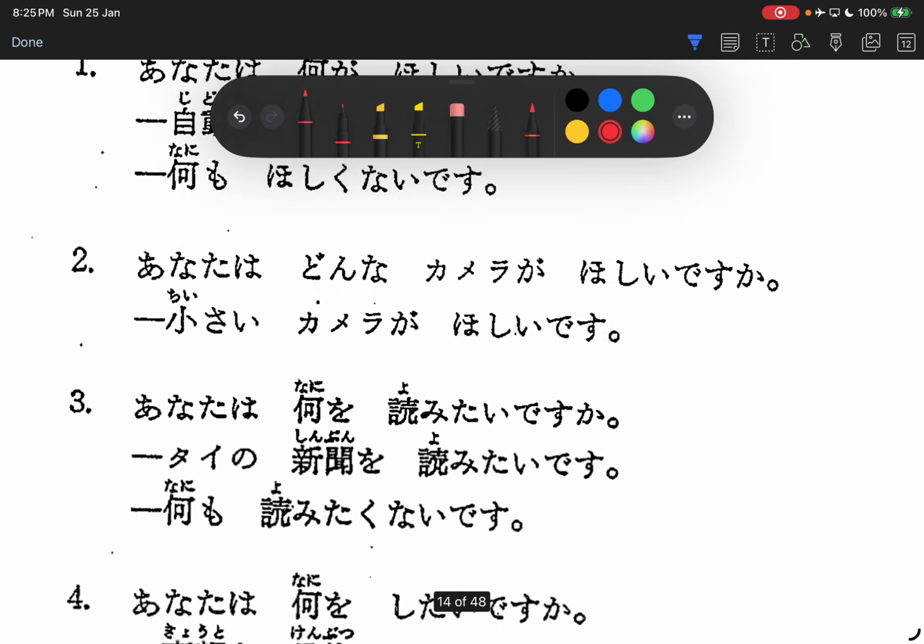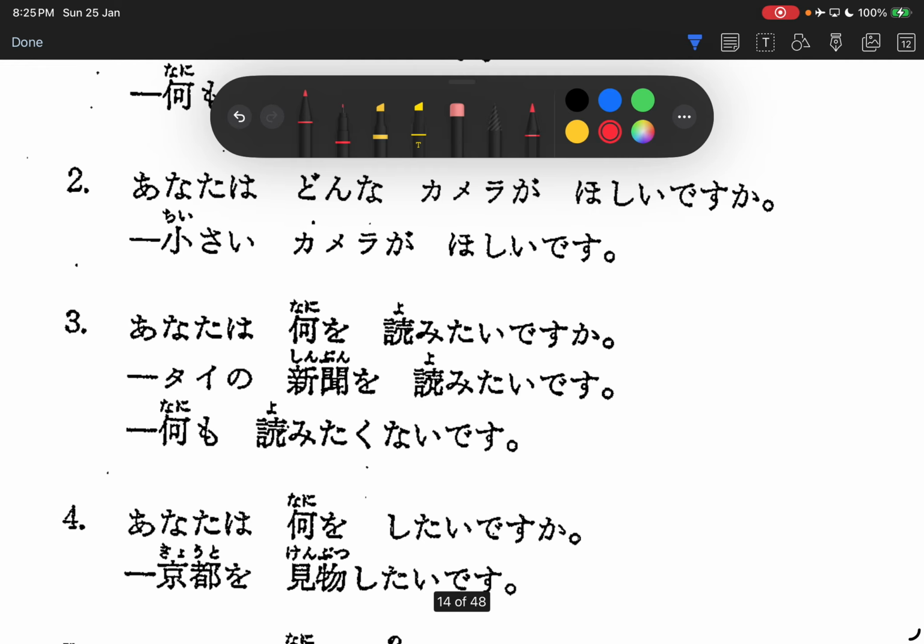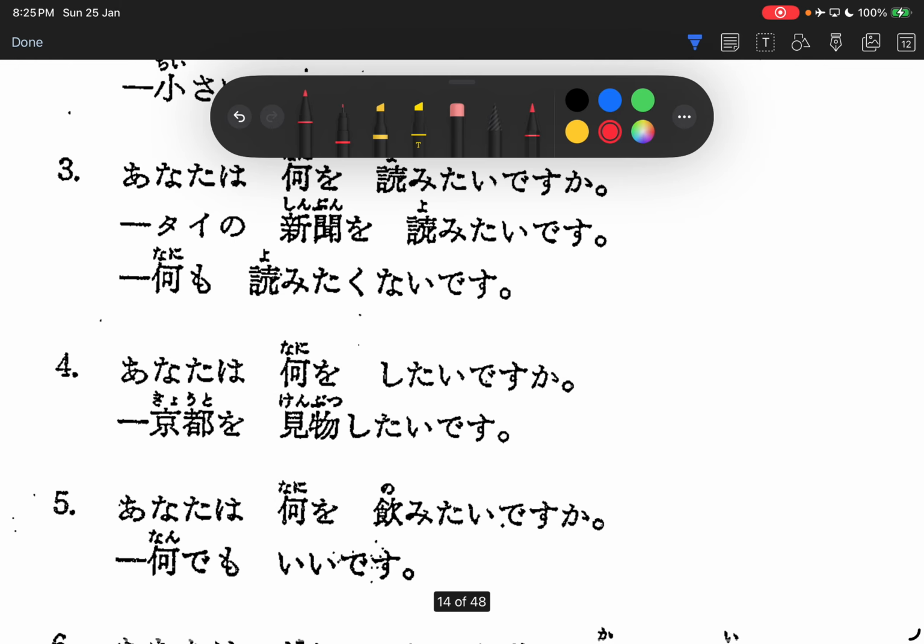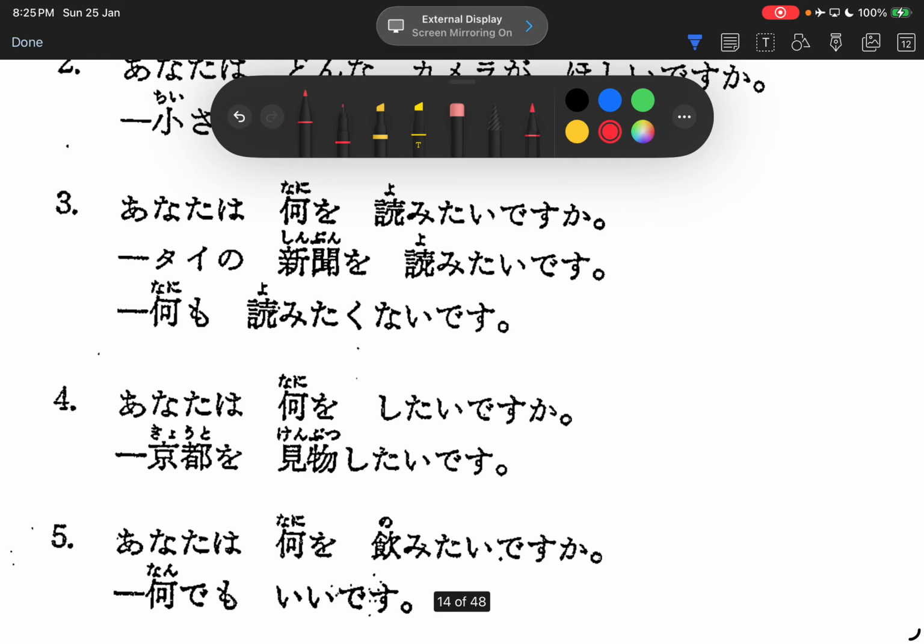Okay, moving on to number 2. あなたはどんなカメラが欲しいですか? So about you, どんな is, remember? What kind? So どんなカメラが欲しいですか? What kind of camera do you want? Then 小さいカメラが欲しいです。So small camera が欲しいです。